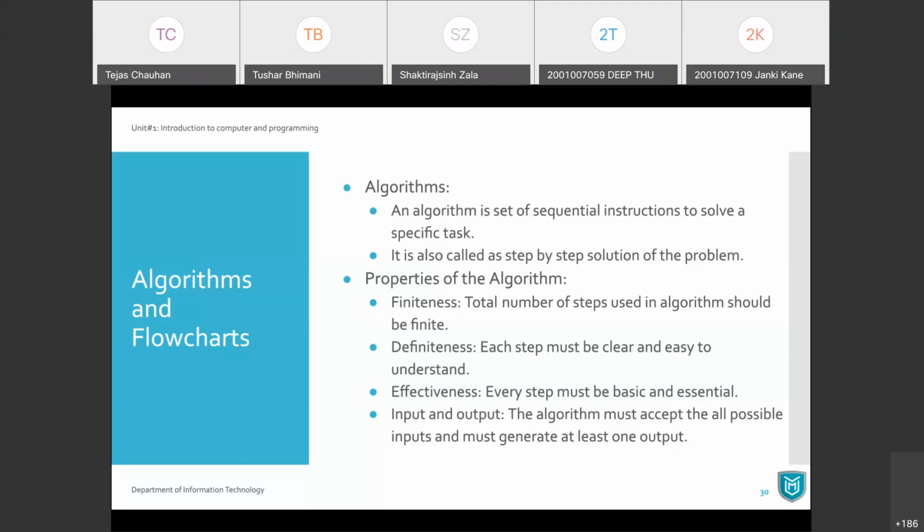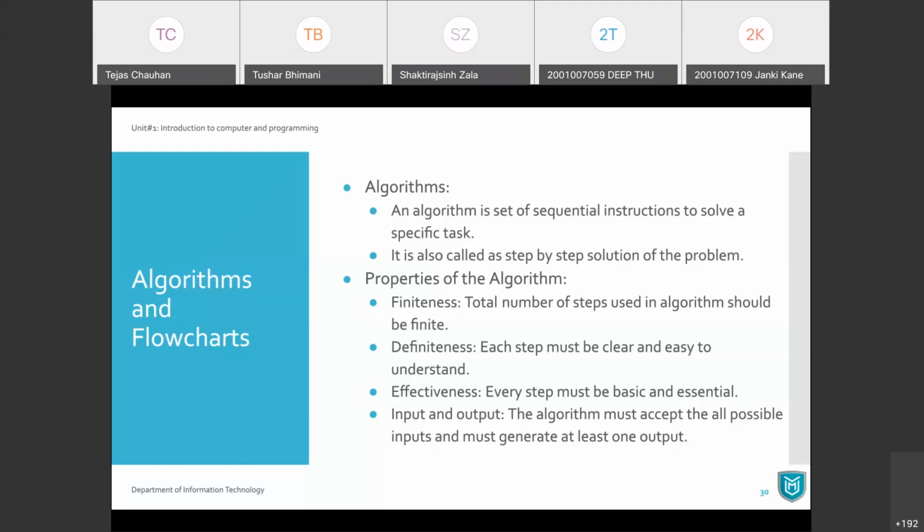Let's say machine level or a binary language does not require any kind of conversion. Assembly language also is okay, but high level languages do require translation from high to low level language, which machine can understand. So in that translation, we have seen a number of translators, and so we have compiler, we have interpreter, and so programming language requires compiler, scripting language requires interpreter. We have seen those differences between those two.